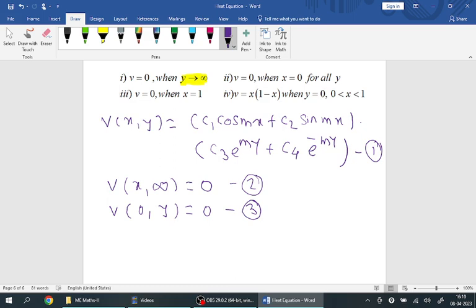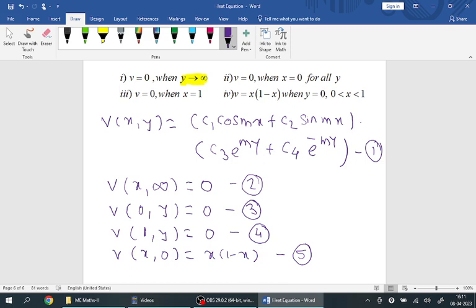Third condition, when x is 1, actually it is bounded now. For x is 1, x is fixed and y is there. When x is 1, v of 1,y is also 0. And the last condition is when y is 0 and there is x, v of x,0 is given as f of x, which is x into 1 minus x. So this is the fifth condition. All these conditions are written from 2 to 5. Our aim is to use equation 1 and apply conditions 2 to 5